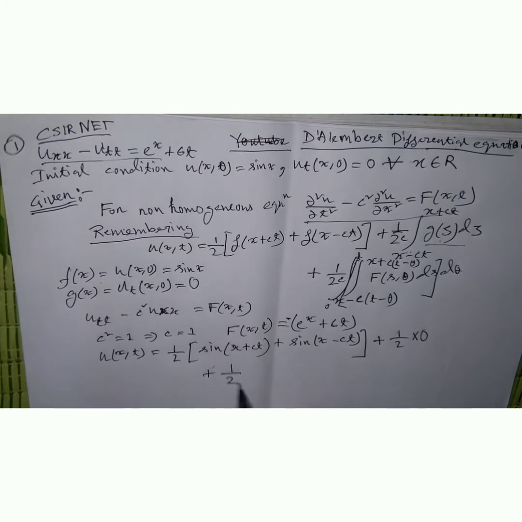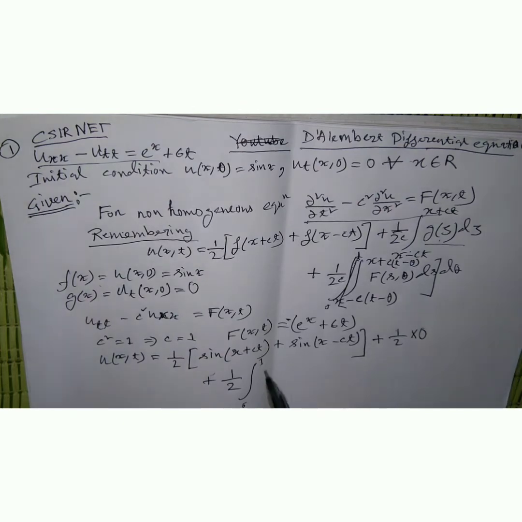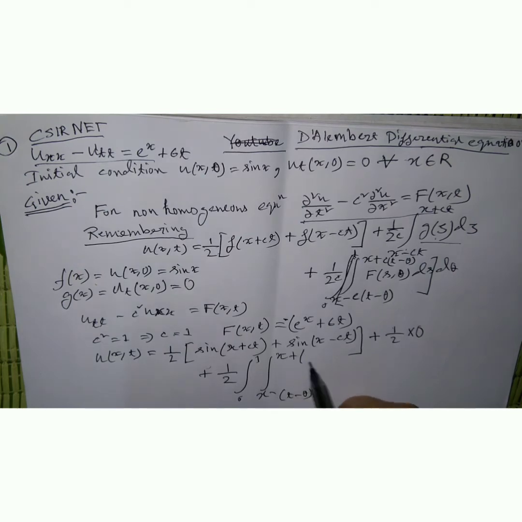Plus 1/2 integral from 0 to t, with s from x-(t-theta) to x+(t-theta), of f(s,theta), which is e to the power s plus 6 theta, ds d theta. I think it is clear. Next,